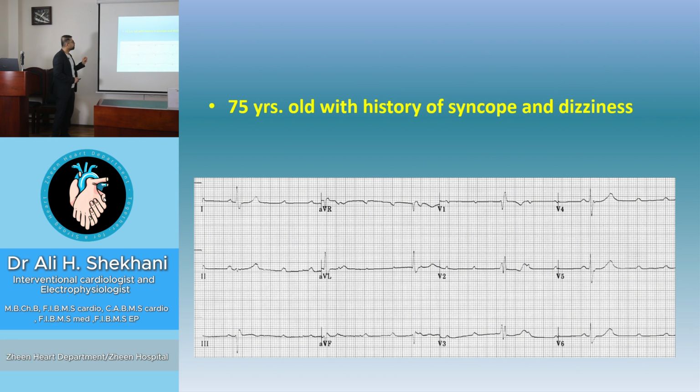Again, this ECG. If you look at the P waves, you can see the distance between P and QRS is different. So this is AV dissociation. There is no relation between P and QRS. This is complete heart block. In the previous ECG, there was some relation between P and QRS. Of course, all of them are an indication for pacemaker after exclusion of the secondary cause, because sometimes we have a secondary cause for